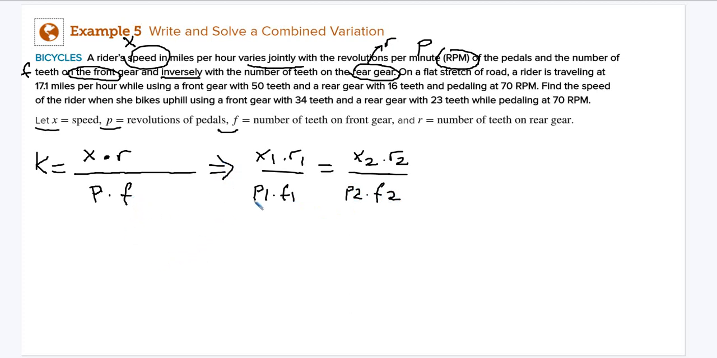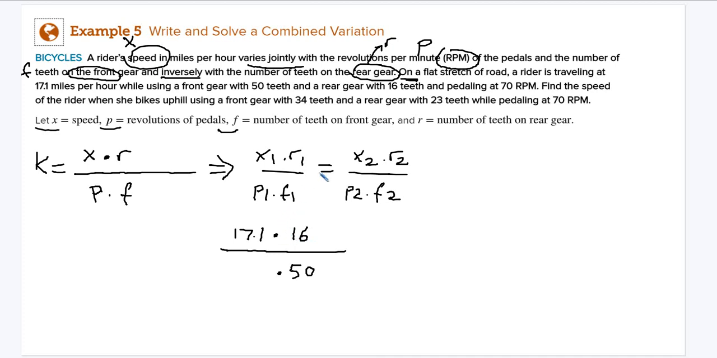So we'll just put the numbers. Alright. Here we are. On a flat stretch of road, a rider is traveling at 17.1 miles per hour. So that means we start with 17.1 mph, the speed. While using a front gear with 50 teeth, the front is gonna be F, so that will be a 50 here, substituted for the F1. And a rear gear with 16. So the rear gear will be 16 since it is the inversely one, right? So it should be here,